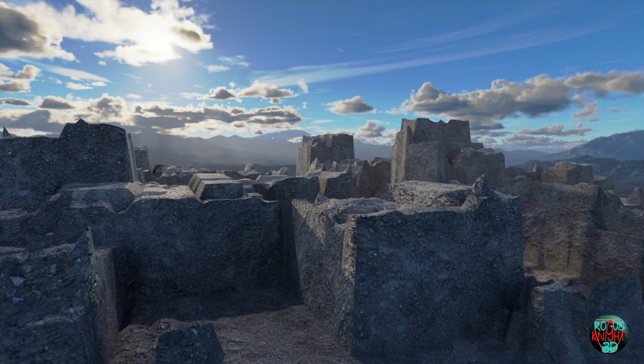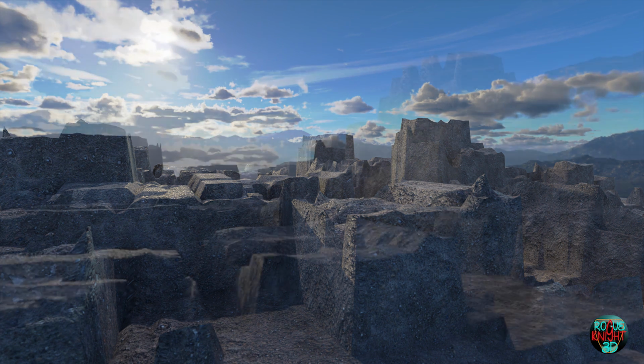Today we will learn how to create an environment like this one. We will be creating a whole new scene following the same steps that were used to create this render, yet I will not put my whole effort to create the exact scene, because you know the details take a lot of time, but if you follow me to the end of the video, you will have a scene like this one,